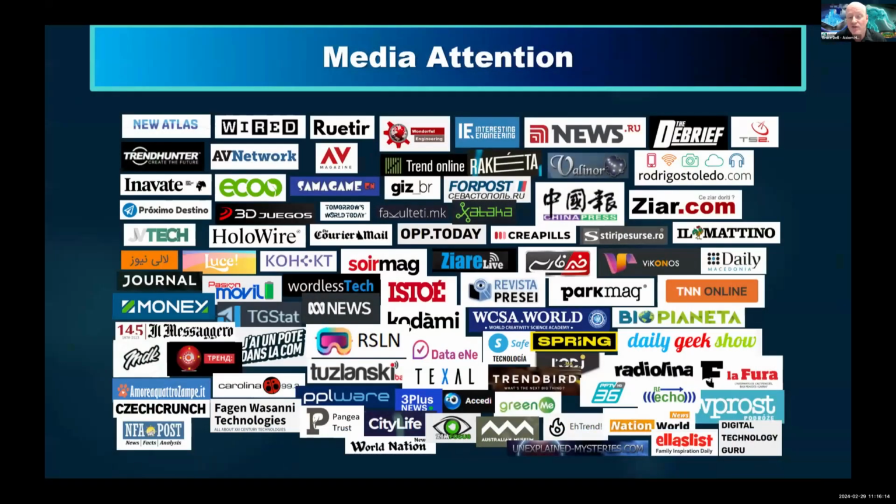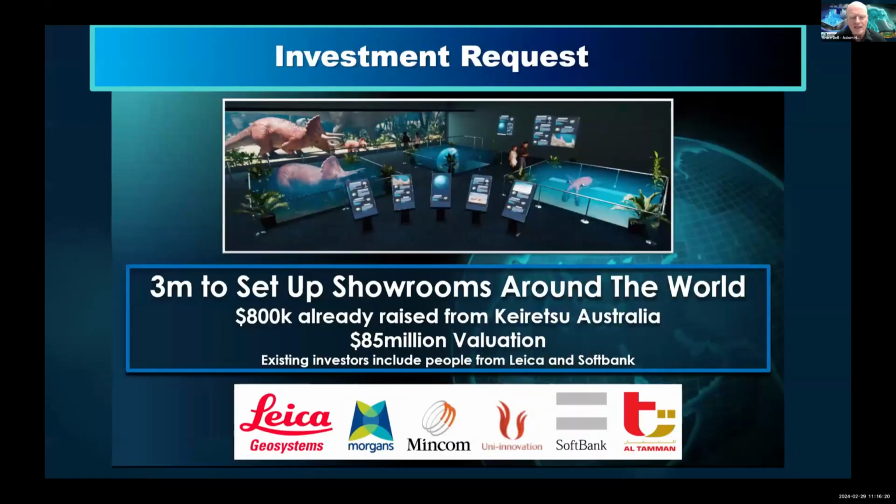There are about 150 articles about us on the internet. We were one of the most publicized technologies last year. So what we're looking at is $3 million we're trying to raise. We have an 85 million valuation. Existing shareholders include people from SoftBank, Leica, the Oman royal family, so a few big groups in there. We've already raised 800,000 from